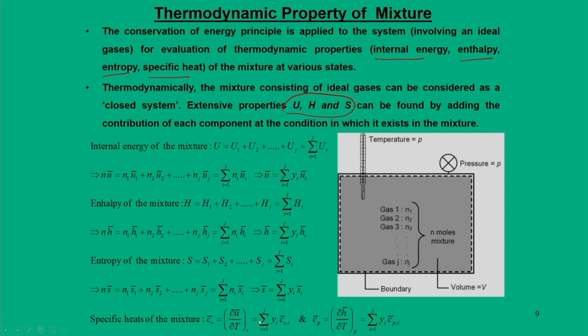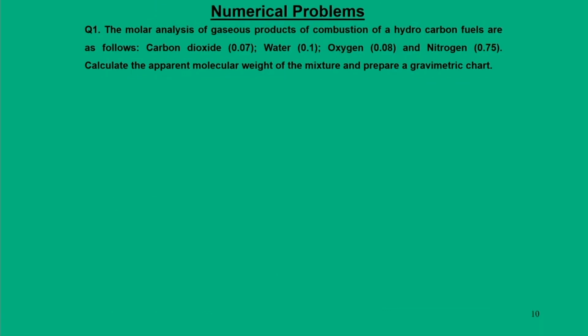Then the molar specific heat at constant pressure, Cp bar, is dou h bar by dou T at constant pressure, which is equal to the summation of Yi into Cp bar i. So, with this we are at the end of the discussion on how you are going to evaluate the thermodynamic